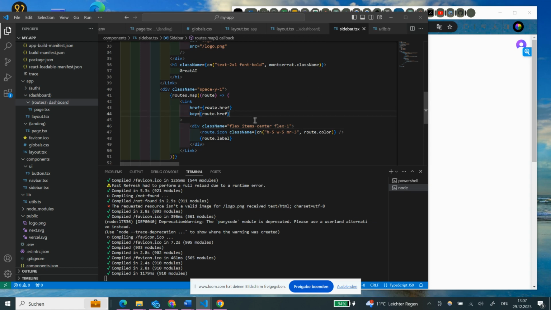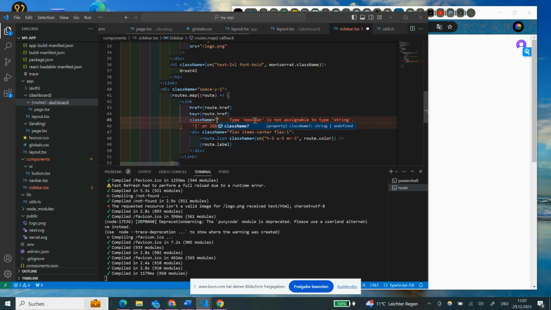Okay, href, key equals, and then class name equals, right here, and we're going to write text-sm, group, flex, padding 3, w-full, justify-start, font-medium,